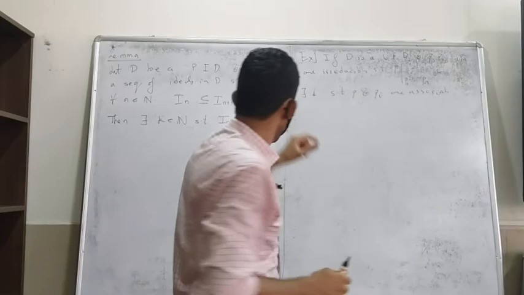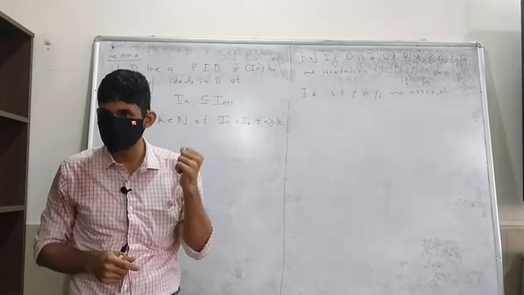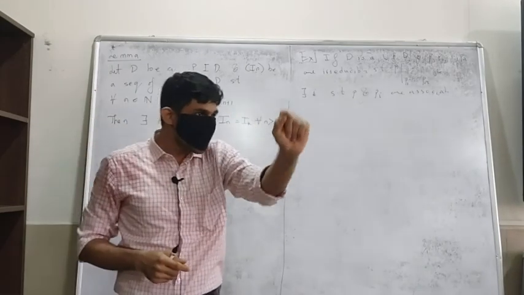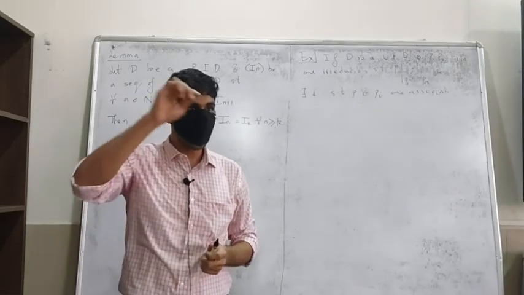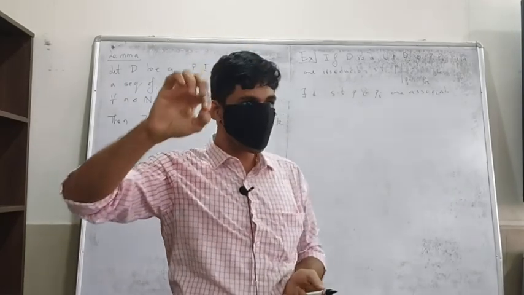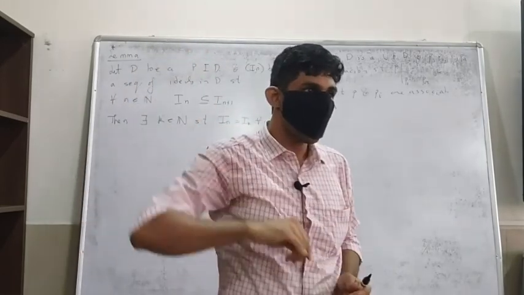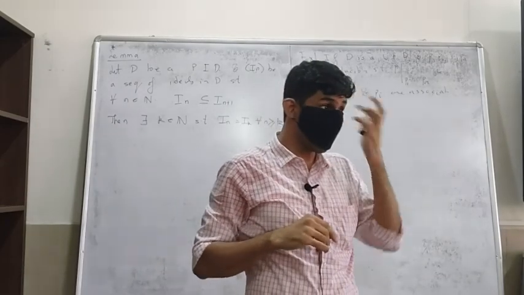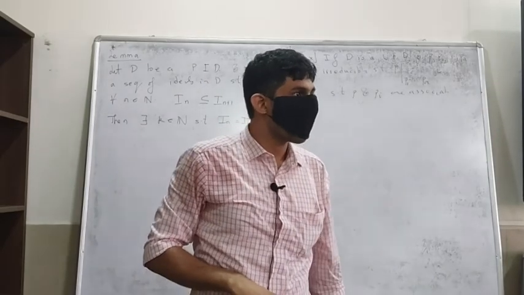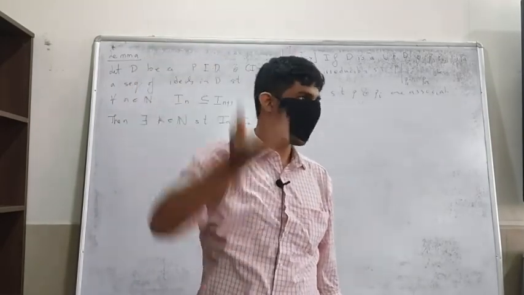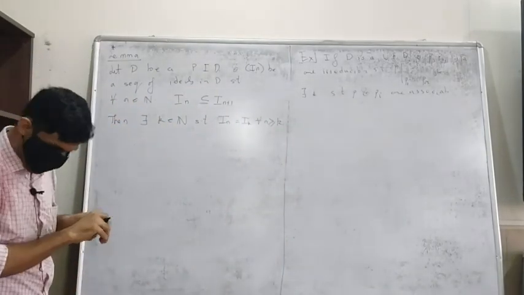Two is you take an element in the union, say A, and take an element outside, say X. Since A is in the union, A is in one of the ideals, say some IN. Therefore AX is in that ideal, right? That's the definition of an ideal. Since IN is an ideal, AX is in the ideal. But if AX is in that ideal, AX is in the union. So therefore the union would be an ideal. Okay, so I'll write it very fast.